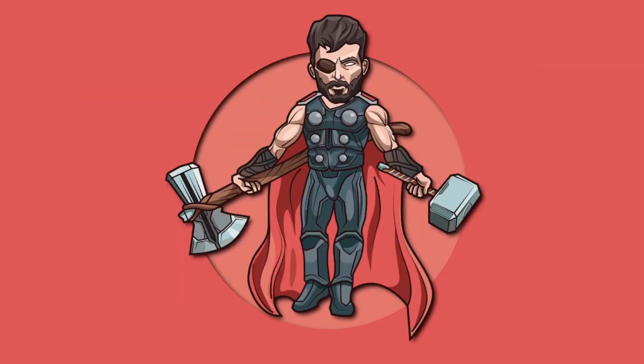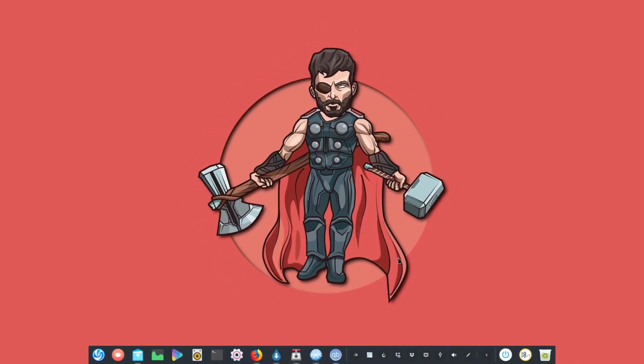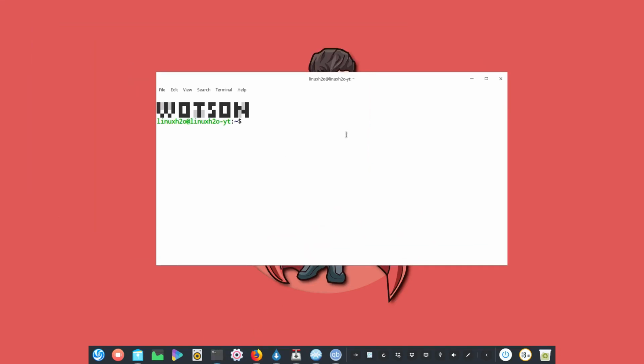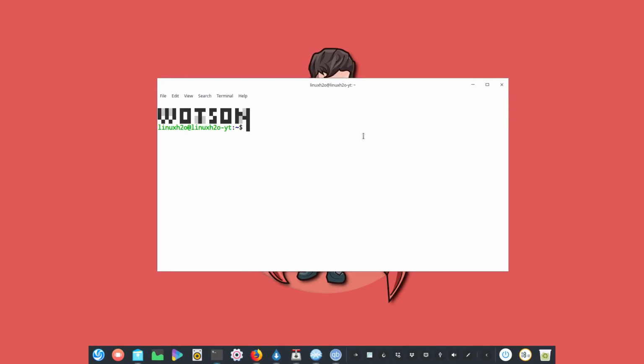So Deluge, Transmission, and qBittorrent are available to Linux, and you can directly install these clients from the official repository. So you do not have to worry about going to any website, downloading the package file, and then installing it, because they are available in the official repository. You just have to use the installation command. This is Ubuntu, so you can use the advanced package management tool, that is APT, and if you're using any other distribution, then use the package manager for that distribution and install these tools.